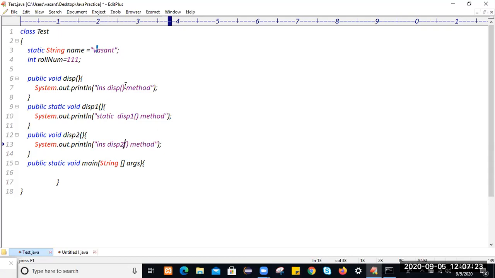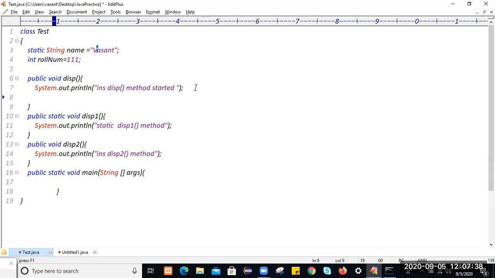Instance this method I will take, started. Within this instance method, by using this keyword, can I call the static this one method? Yes, we can call the static this one method.